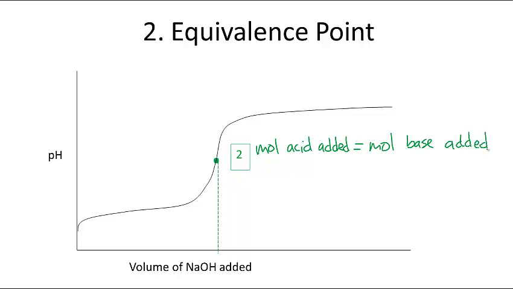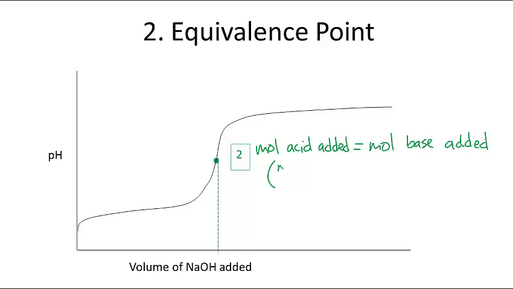So this is the point that's going to help us find the concentration of our unknown. Because when we say moles of acid equals moles of base, remember one way to find moles